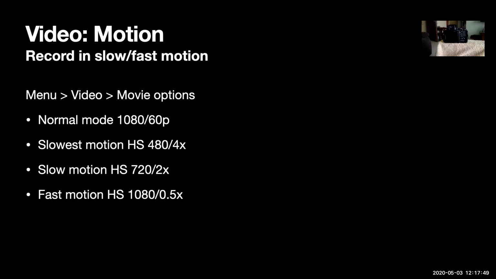Maybe a tiger cub kissing the father or something like that. You are taking a video and you want to take a still photograph of that. Very simple.